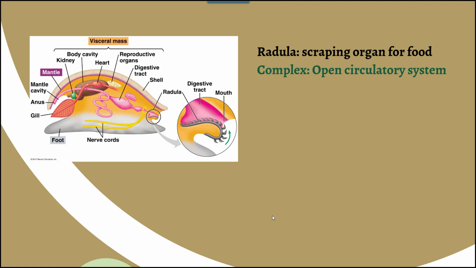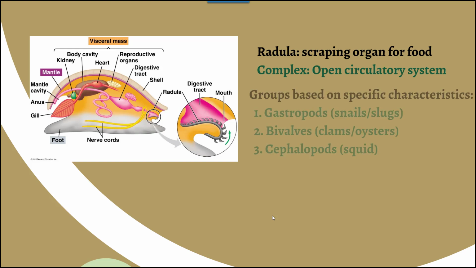They are a little bit more complex than the last group. They have something called an open circulatory system, which is essentially where they have somewhat of vessels for this fluid to move through their body. It's not quite the same as blood, but it's open to the internal environment so that it can move around freely, and it's not restrained to different vessels.